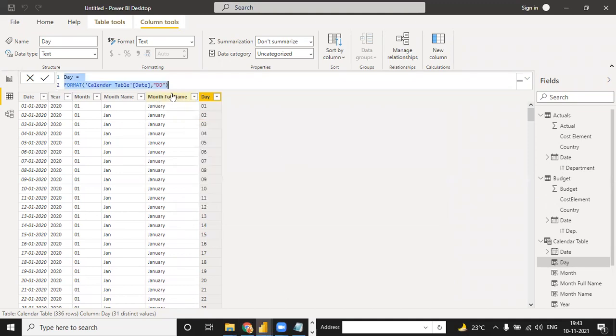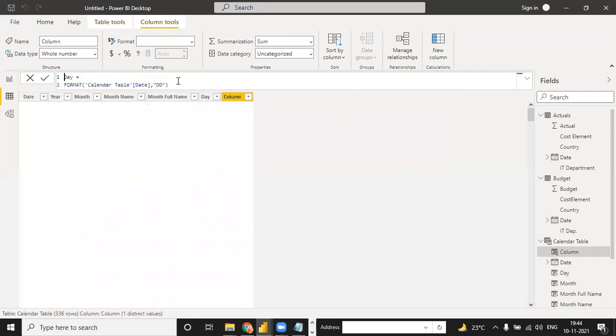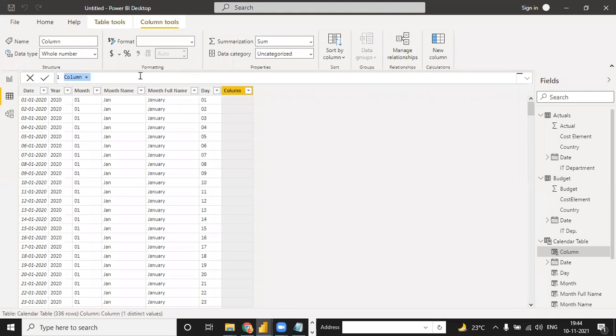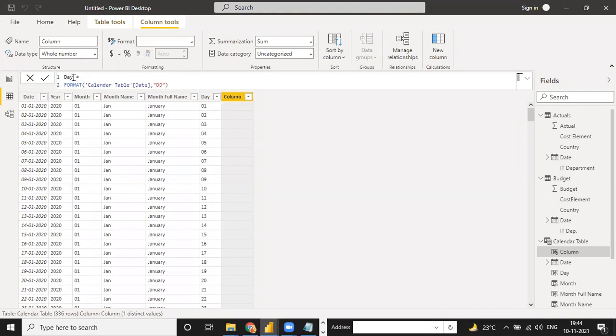Now, in the date, suppose you click on Add Column again. So this is the name, and you can type triple D, which means Sunday, Monday, this kind of days you have.